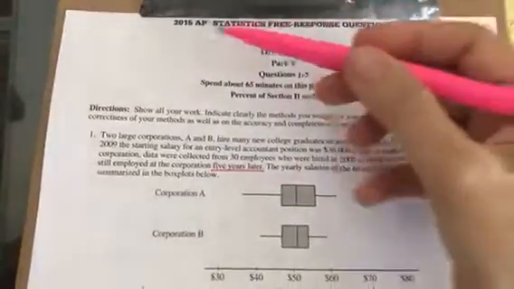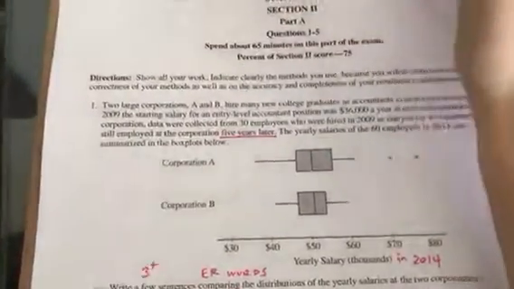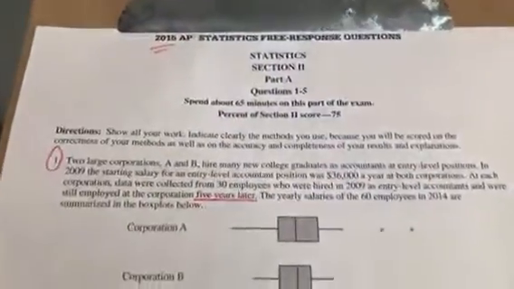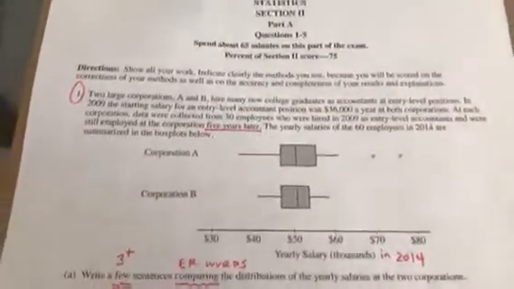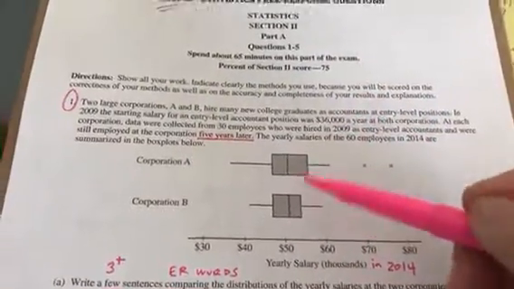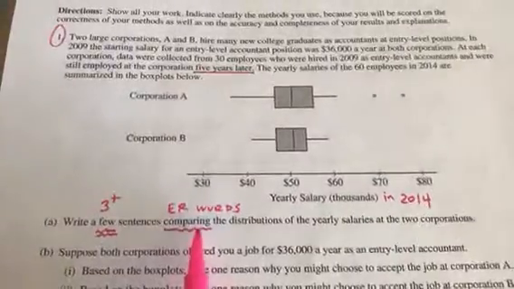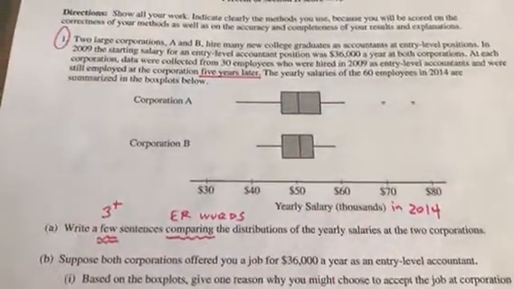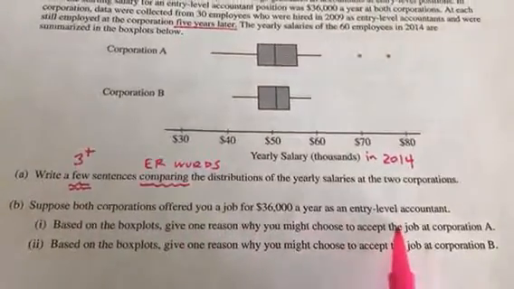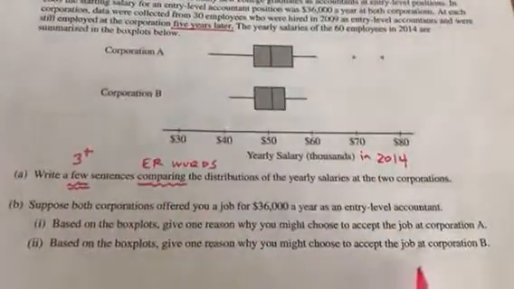Welcome, welcome. We're going to go over the AP Statistics Free Response question, number 1, from the 2015 exam. Now, this is a common question. I think it shows up about half the time, something similar to this. We have two box plots, and they actually want us to compare the distributions of these two box plots. Then they want us to give a good reason why we would like this one or we would like that